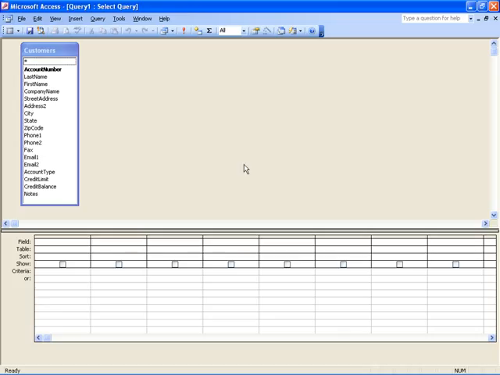What's a query, and how are they important to access? But what's more important is, why are they important to you? A query, just as the word suggests, is a question. It's a question that you ask your database, and the results then become useful in your forms or calculations or